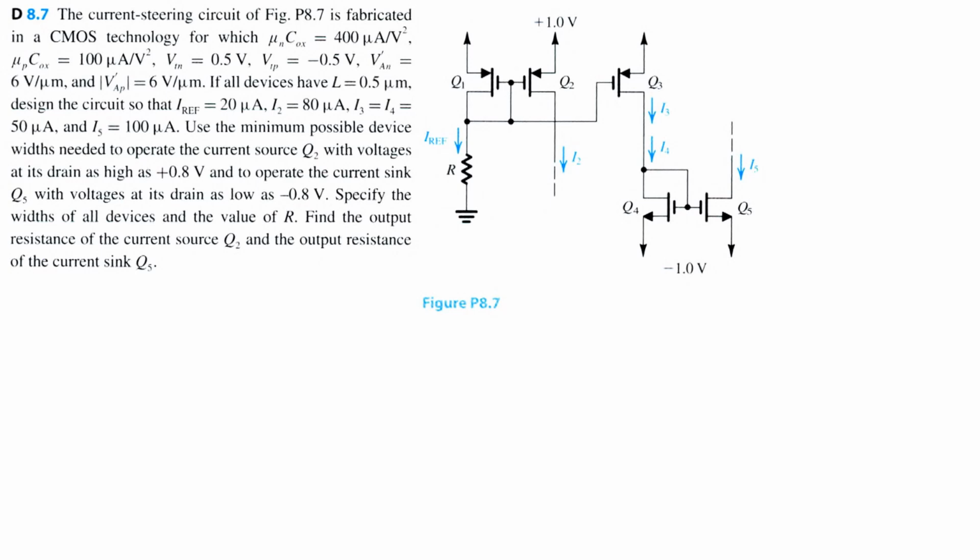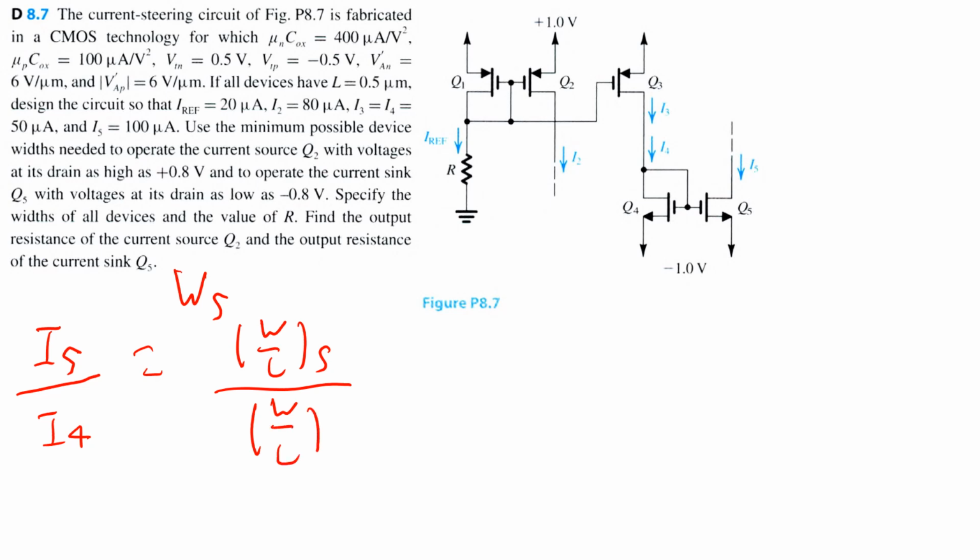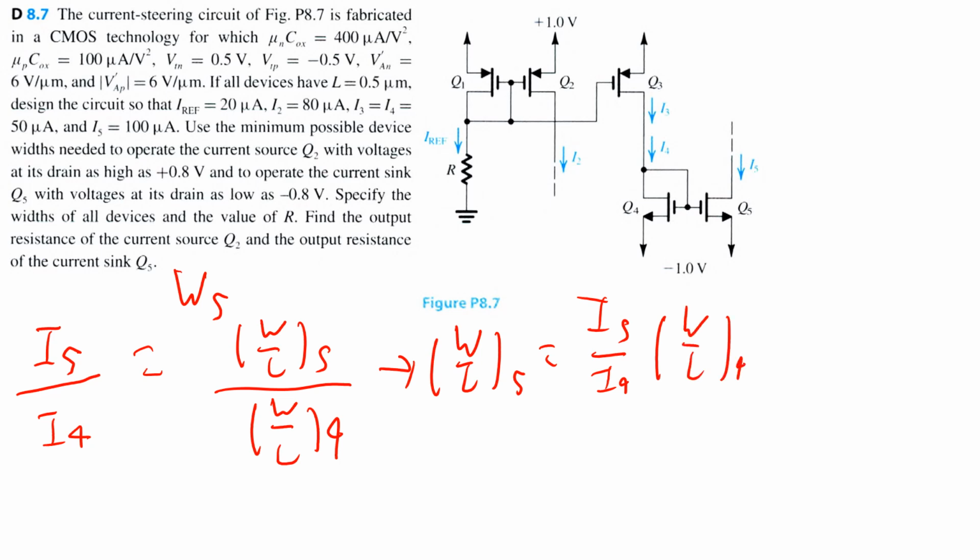To solve for the width of Q5, W5, we can do the same scaling factor that we've been doing previously, but make sure that you scale it with I4 because Q5 is only matched to Q4. So we'll have I5 divided by I4 is equal to W over L for Q5 divided by W over L for Q4. So we get that W over L for Q5 is equal to I5 over I4 times W over L for Q4. I5 is 100 microamps, and I4 is 50 microamps, so that'll be